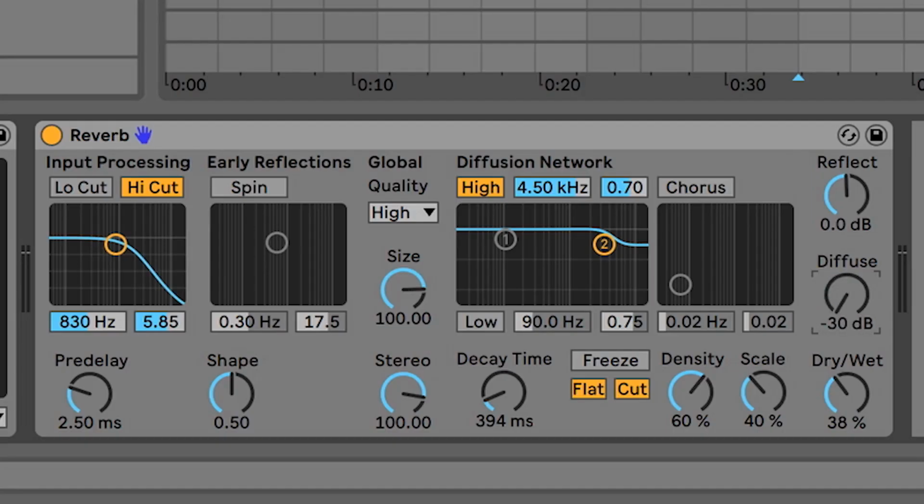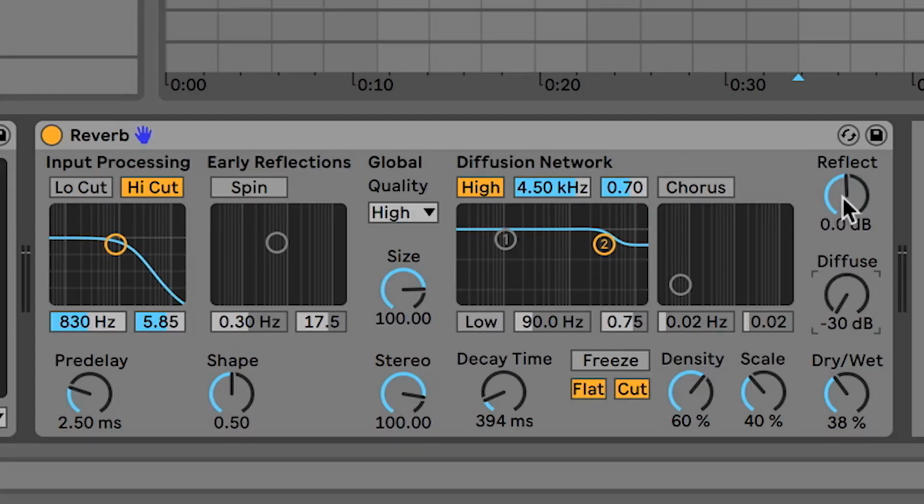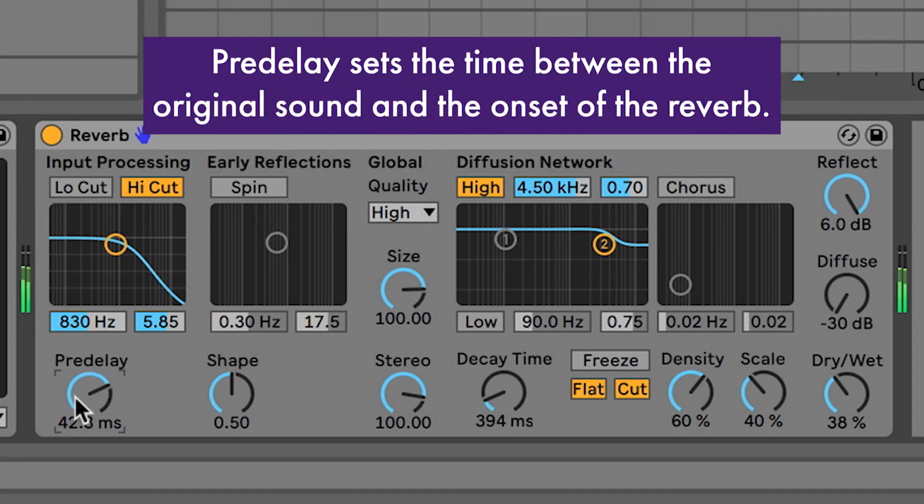So that indicates the time in milliseconds or seconds that it takes for the reverb to die down. And mainly what you're hearing in that reverb tail is what we call the diffusion of the reverb. If I turn the diffusion down, you don't hear much at all, but there's actually one small thing going on, and that is the early reflections. If I boost that and also increase this pre-delay time,